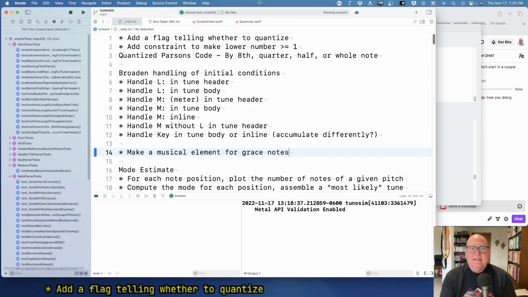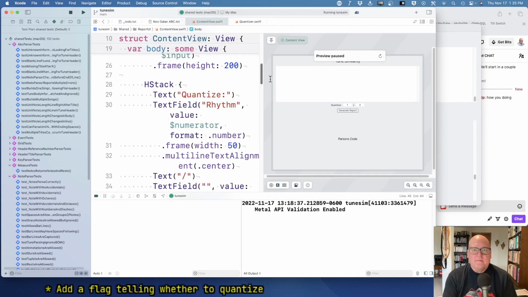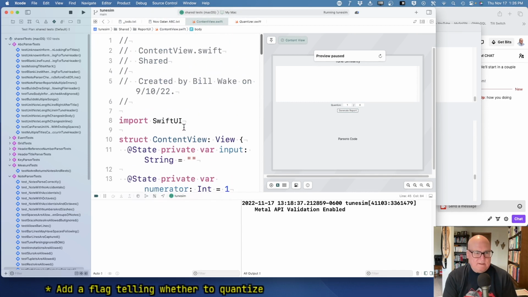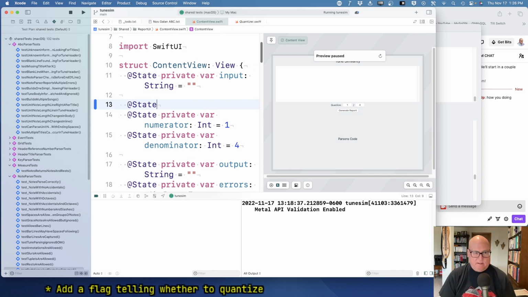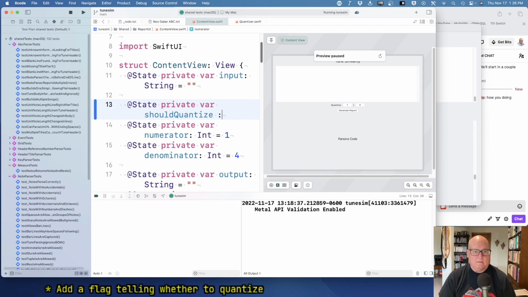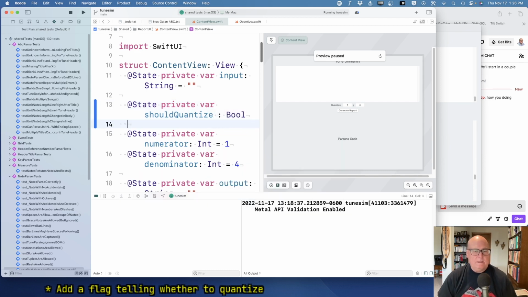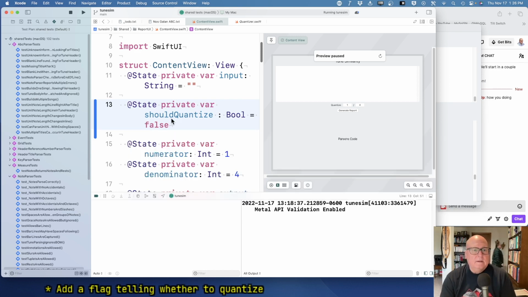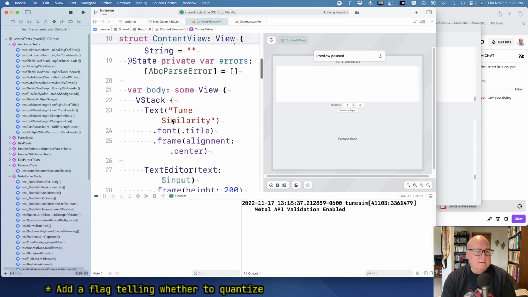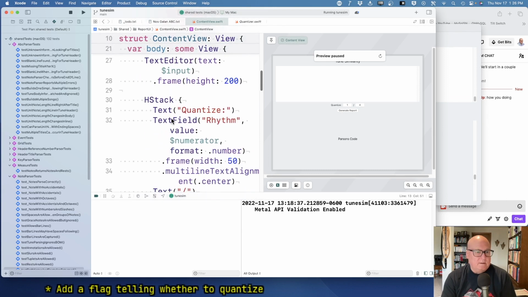All right, welcome back. Okay, so a flag telling whether to quantize. Again, that's a state field in here we're going to use. Okay, so let's see, at state private var should quantize a boolean, and it starts false. Okay, and down here we're going to put that in our horizontal stack,